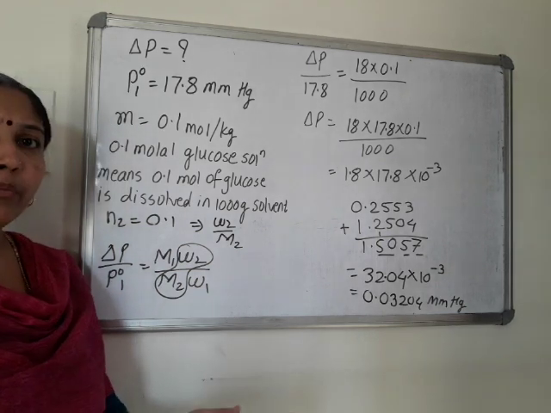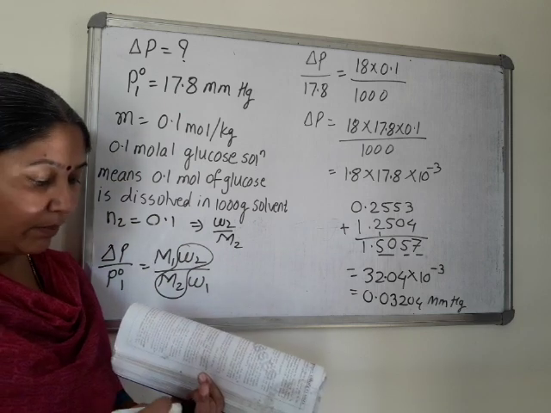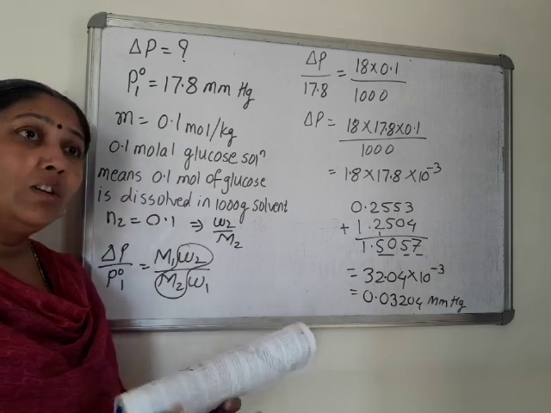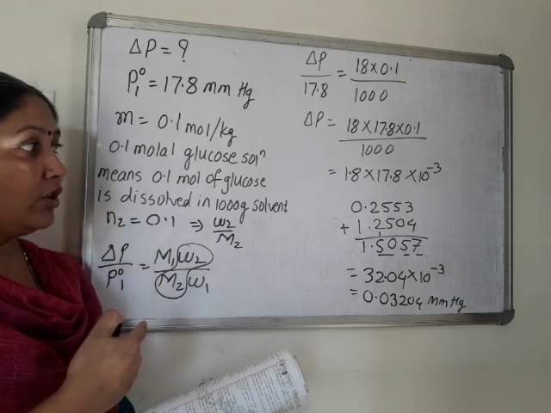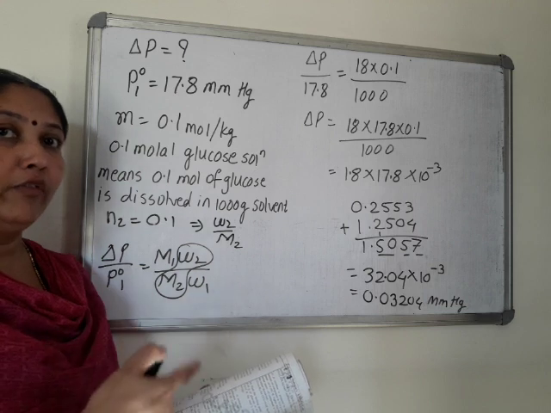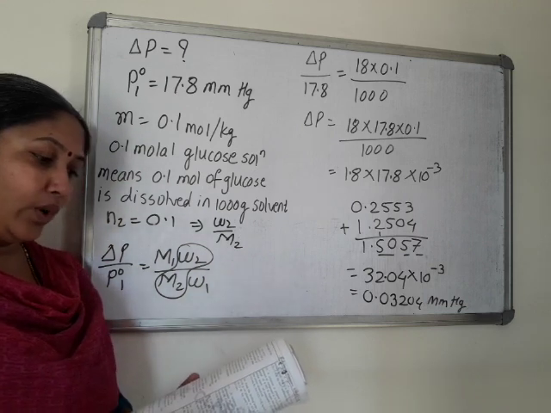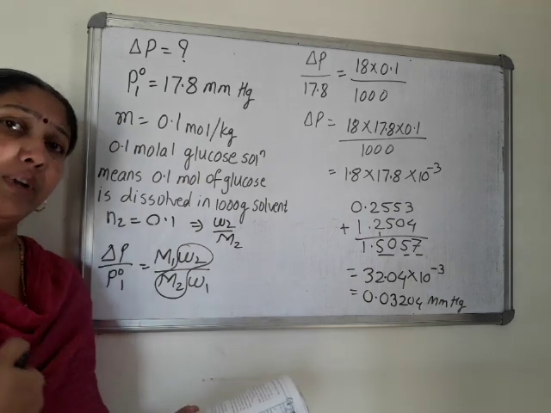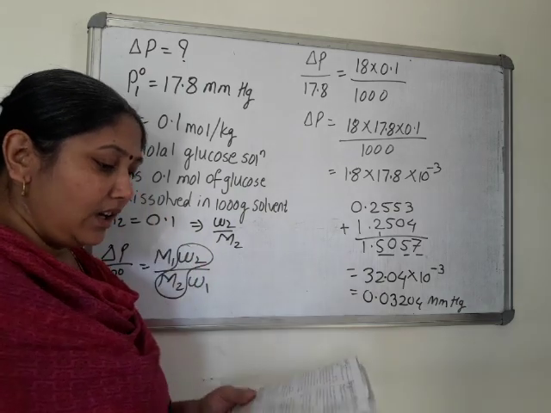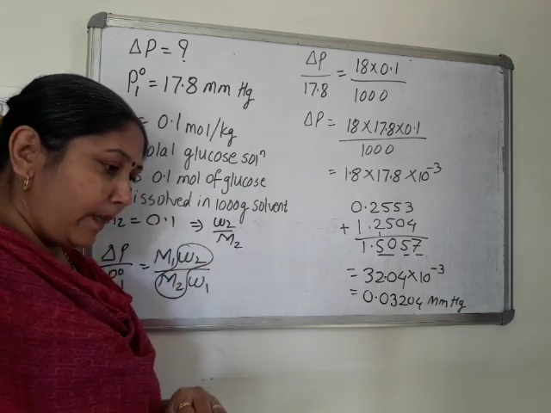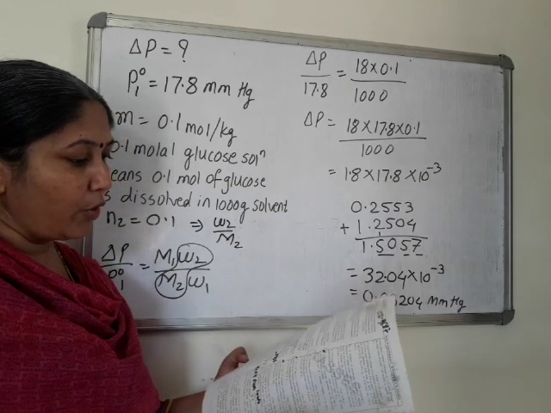Okay, here we have completed numericals of second formula. In the first lecture we completed numericals based on Henry's law. Today we completed numericals based on lowering of vapor pressure. In the next lecture we will use the next colligative properties, freezing point depression and elevation in boiling point. Okay, so learn that theory. In the next lecture we will discuss numericals based on these remaining two colligative properties.